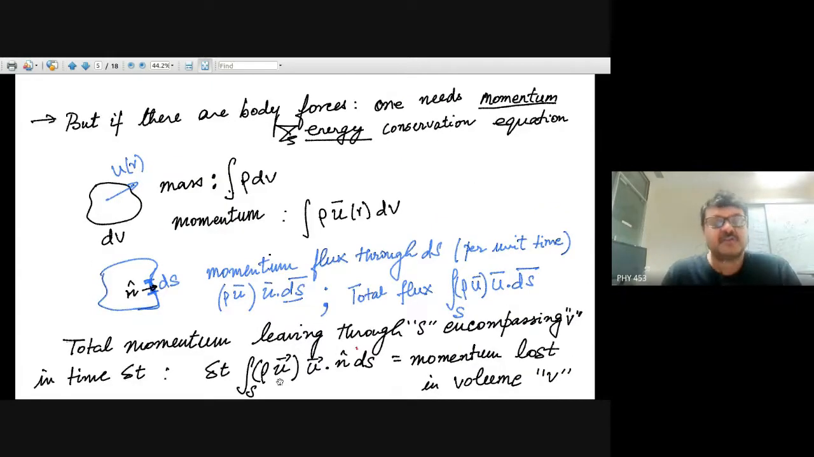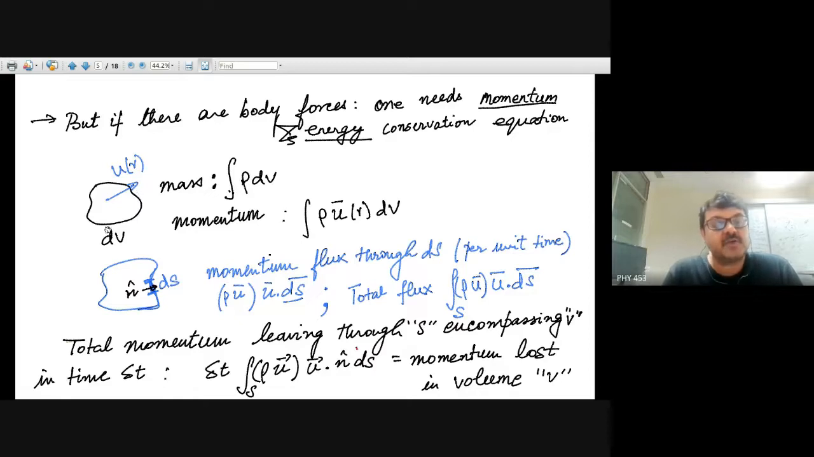Like the conservation of mass, we can also have conservation of momentum, especially if there are body forces acting on the fluid. If there are pressure differences, force differences across the fluid, and direct forces acting on the fluid, then one also needs to write the momentum conservation equation, right? So for the mass, the mass inside this volume element was rho dV, and the